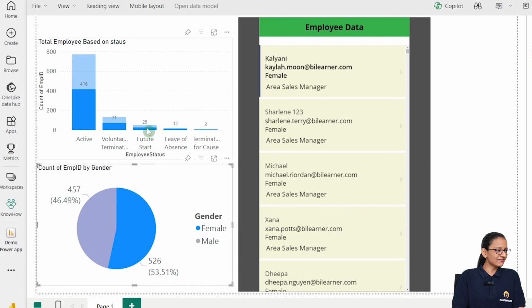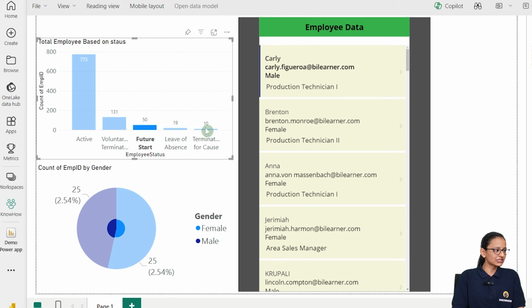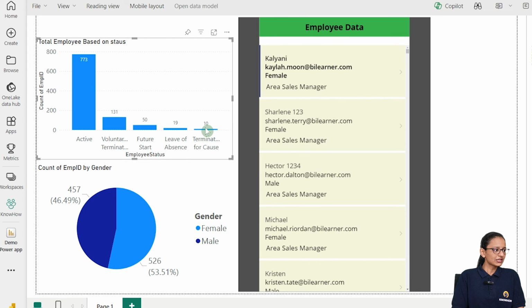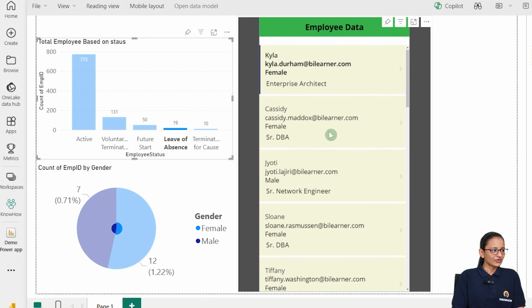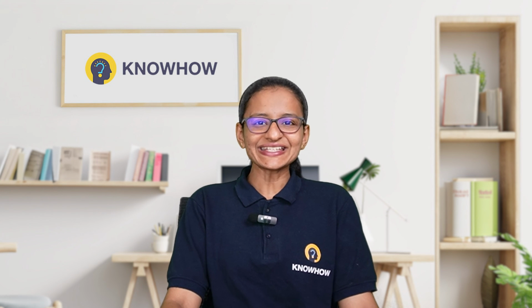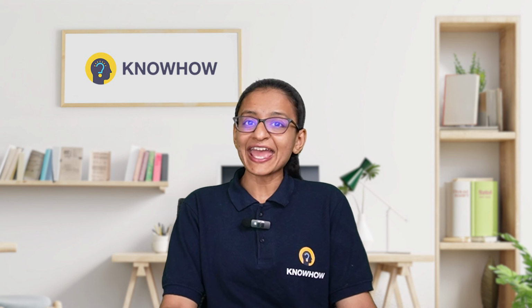Let's say you want to see the future start employees, then you can see only that many employees. If you want to see the level of absence, then you will be able to see only those data. So I hope you get an idea of how you can use your Power App visual